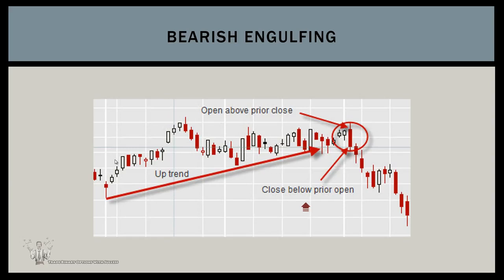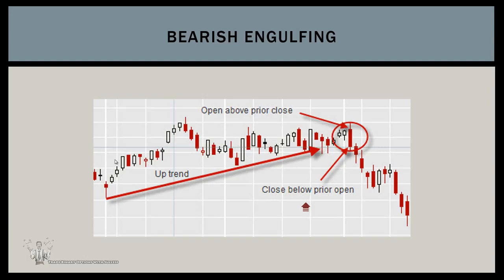Now, this candlestick signifies a reversal to start a downward trend. That means we need to have an upward trend, have this candlestick pattern, which signifies that we should be seeing a downward trend begin. Now, just like before, it's most meaningful toward the end of an upward trend, and the second candle,